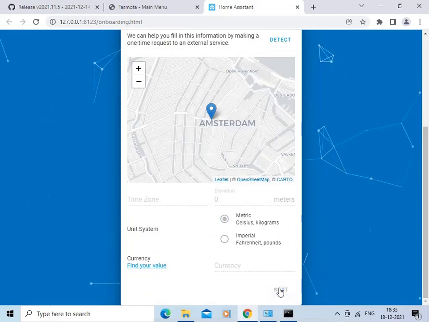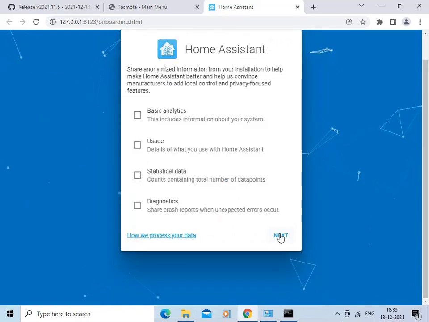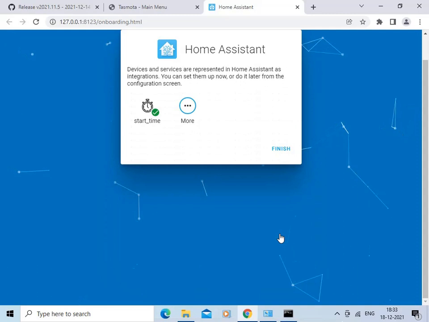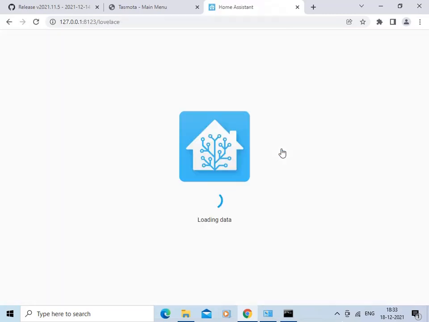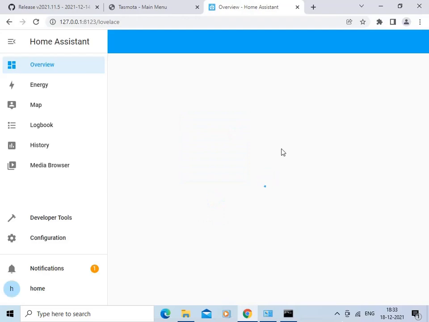Click here on next. Click on next. Click here on finish. This is the Home Assistant dashboard. This is empty now.